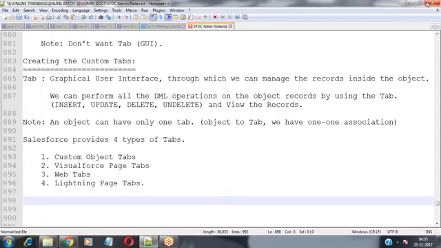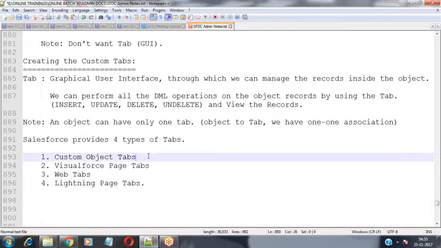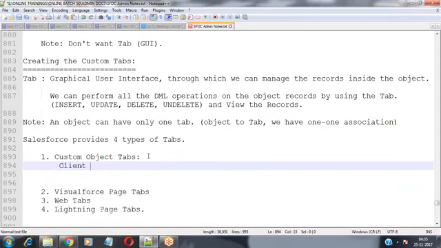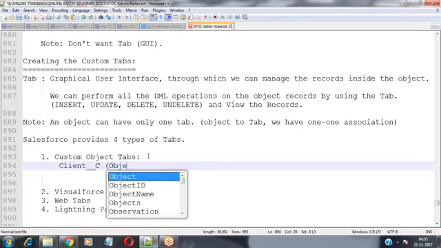Now, custom object tab means what? For example, I have created a custom object with the name some client.